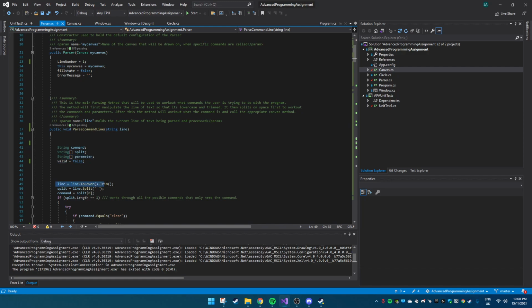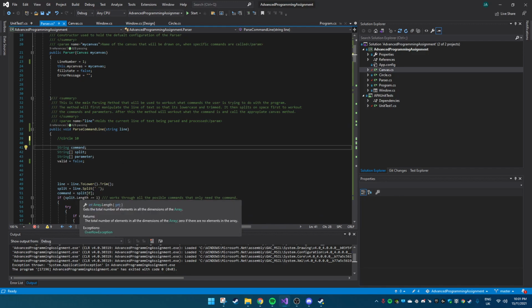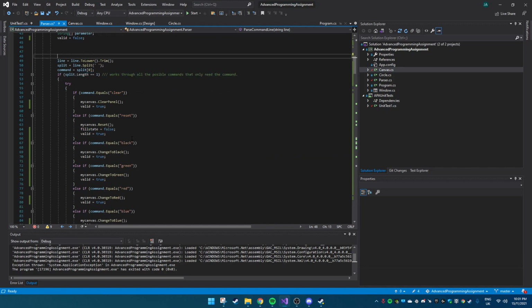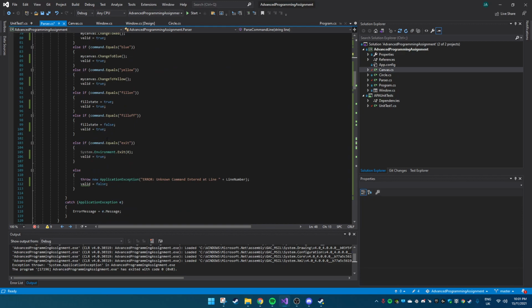So when we have the line of code, we'll then split it by the space. So if you have, say, circle 10, this would be the command, and this would be the parameter. So we'll split it. The first element of the split array will be the command. Then if the split length is 1, so there's only 1 element in it, we know that it's just one of the commands. It'll work through all the commands possible, clear, reset, and so on. Once we get through all of them, we'll know that anything else that's only 1 word and no parameters is not an actual command allowed